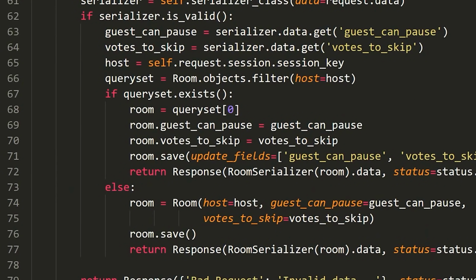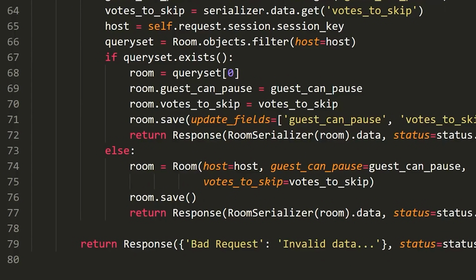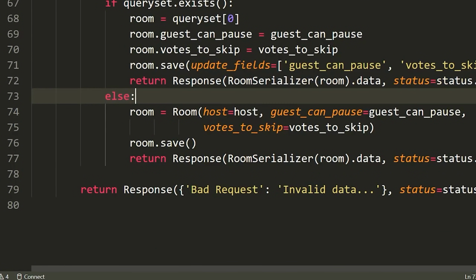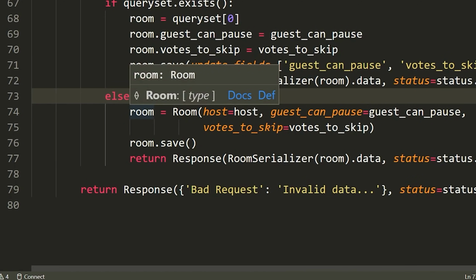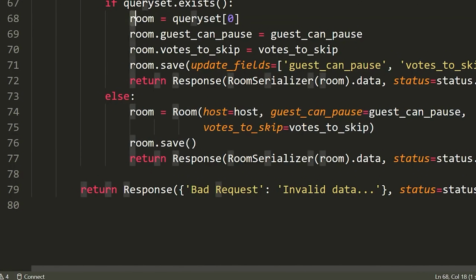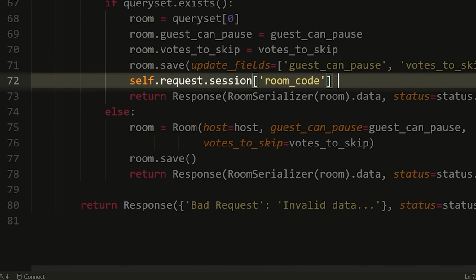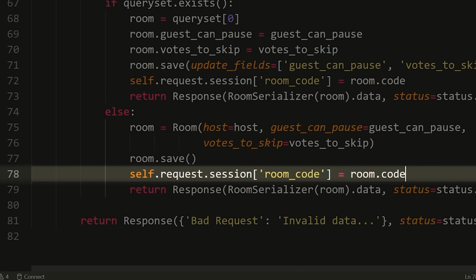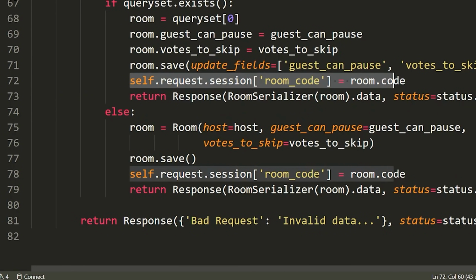We're going to go down here and let's actually just see where it makes sense to do this in actually both this if and this else statement, because these room codes would potentially be different. Like here we created a new room, here we had an existing room. So what I'm going to do is actually say self.request.session room code is equal to room.code. Again, my caps lock is just going crazy. So we'll say room.code and then we'll do the exact same thing, except we'll do it here. Again, the reason we're doing that is just because of the way that we kind of returned these responses. We need to do it in both of them.